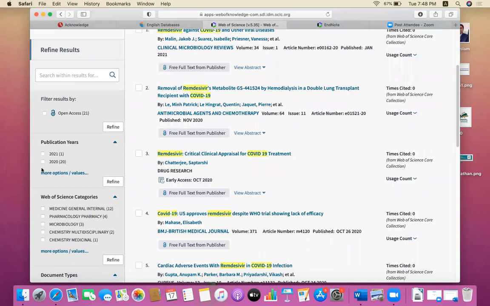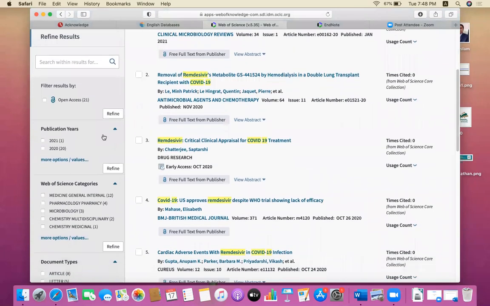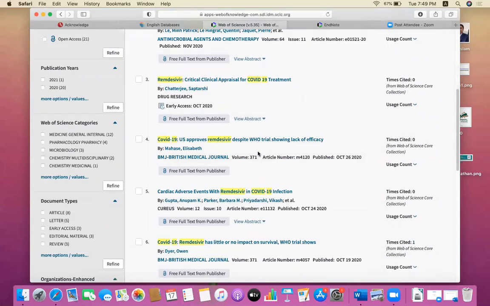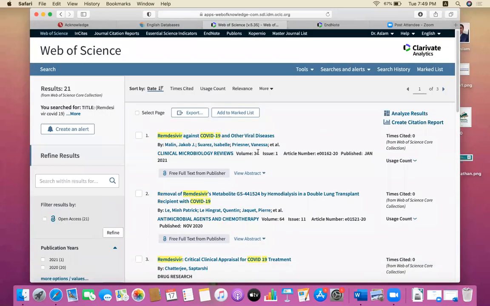Then here you can categorize these 21 articles. In 2020 there are 20 articles, and in 2021 there is one article, meaning this article is accepted and ahead of print at the journal. So you can see these are the 21 articles according to remdesivir and COVID-19.